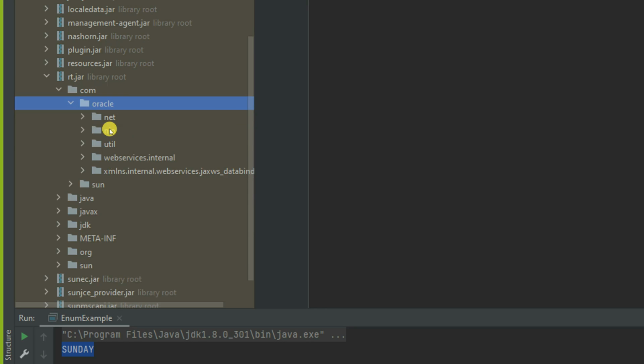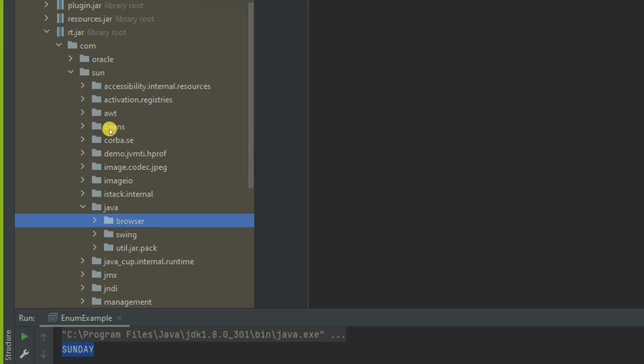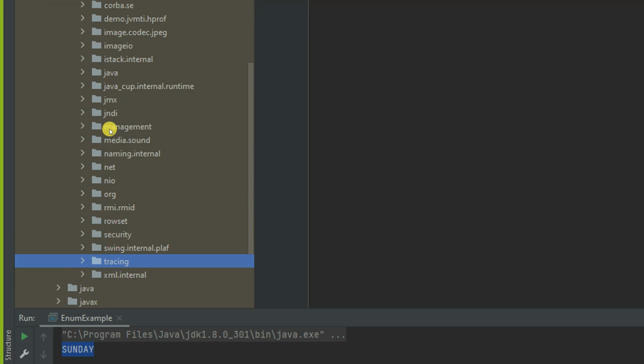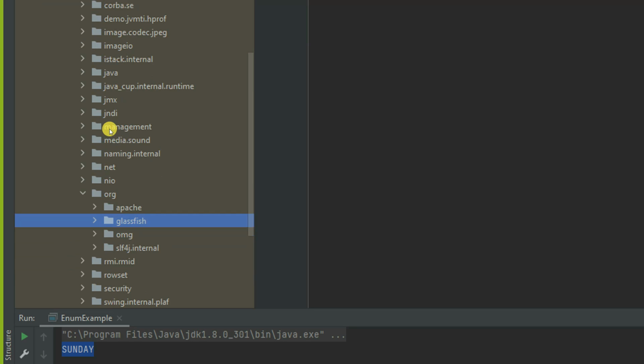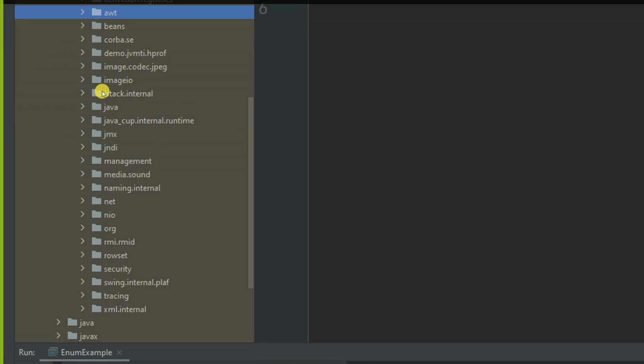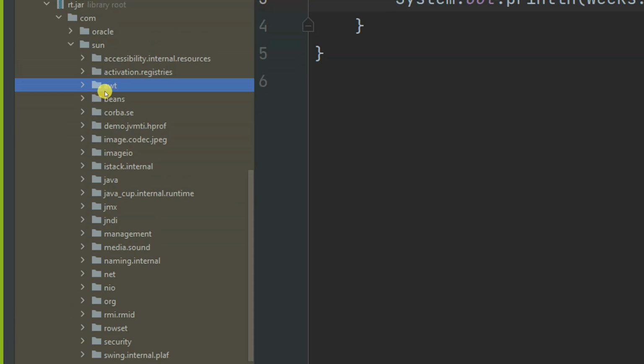The same thing, if you see Sun also, it has java, browser related and Swing, and the frequently used util related, and org is Apache related. So finally, whatever stuff you write will be maintained as a folder structure, and each folder maintains its associated information.